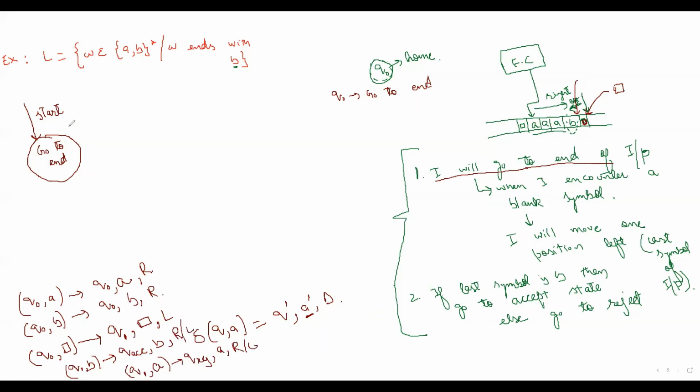Okay. So let me make it in clear terms here. So if I am in Q0, so this is our Q0. So on Q0, this is the transition. If A comes, A is the input, then I should write A and I should move in the right direction. So this is how it is written. So A, then this. So this says I have seen this input symbol. This is saying the symbol to be rewritten.